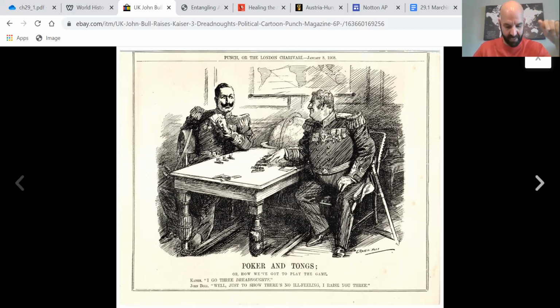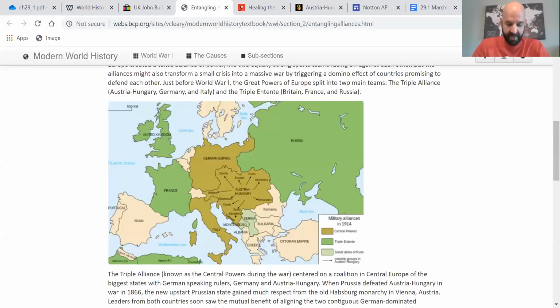The second underlying cause that will lead to the war is a system of alliances. Now, this is a bit ironic because alliances are supposed to prevent war from breaking out. They are supposed to be a deterrence. But if war does break out, it can drag everyone into the war. There are 2 major alliances in Europe at this time. You can see them here, although this map doesn't say Triple Alliance. That is the name of the alliance for one of them.